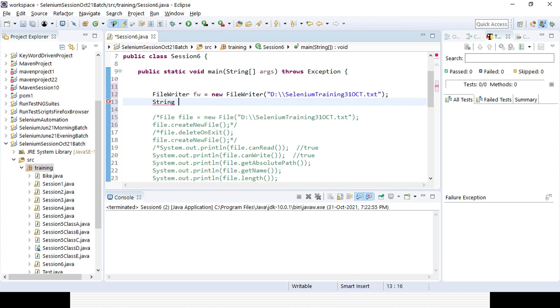Suppose I say, add some data in the text file created. That is the part I want to write in that file, to whatever location I am giving here.